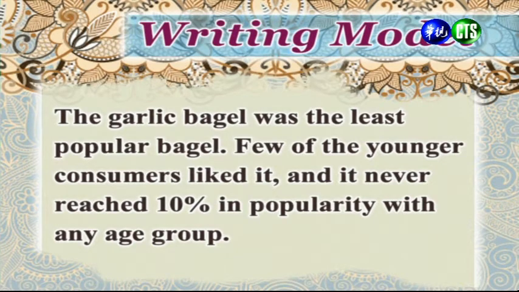So it says the garlic bagel was the least popular bagel. Few of the younger consumers liked it, and it never reached 10% in popularity with any age group. 大蒜贝果是最不受欢迎的一种，很少年轻的消费者会喜欢它，而且即使在其他的年龄层中，大蒜贝果的欢迎度也从未达到10%。And so once again, we see that the writer is explaining the key point that we can conclude from the data about the garlic bagel. 好，那再一次的，你可以看到作者呢，直接的把这个大蒜贝果的调查里面可以得到的重要资讯呢，很直接的陈述出来了。